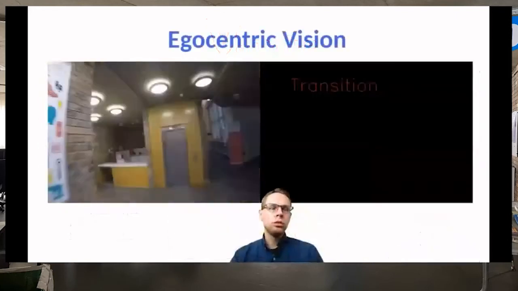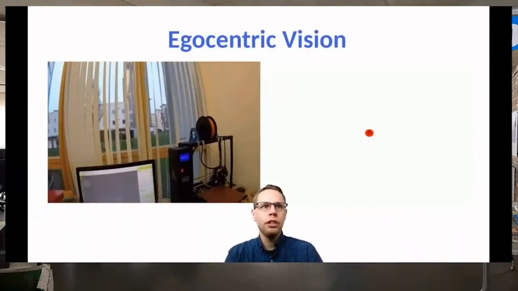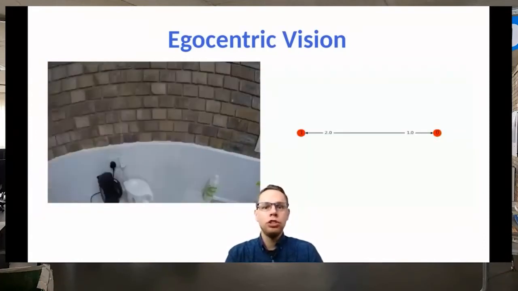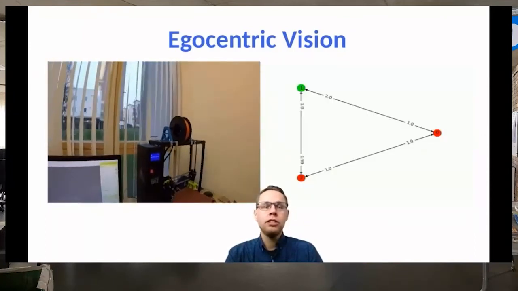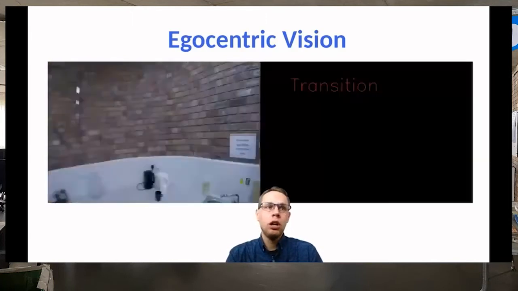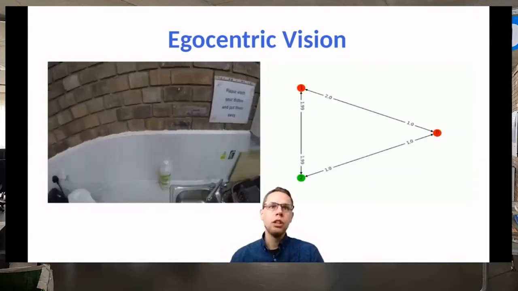We can also extract information that is useful to other research groups in Dundee. For example, egocentric vision, using a camera attached to a person, can determine where that person is in a building and what they are doing, information that can be useful for the accessibility group, for example.